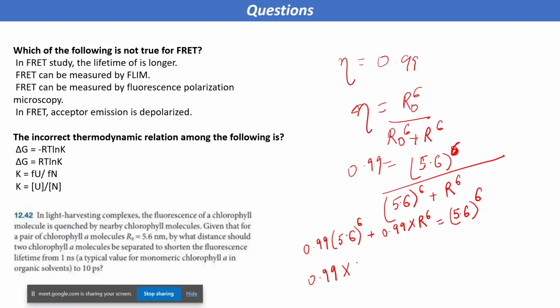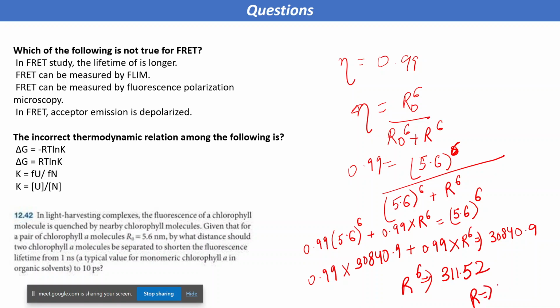5.6 raised to the power 6 is 30840.9. So after solving it, R raised to the power 6 will be 311.52. So your R value is 2.5 something, so that means 2.6 nanometers approximately. So it should be 2.6 nanometers,